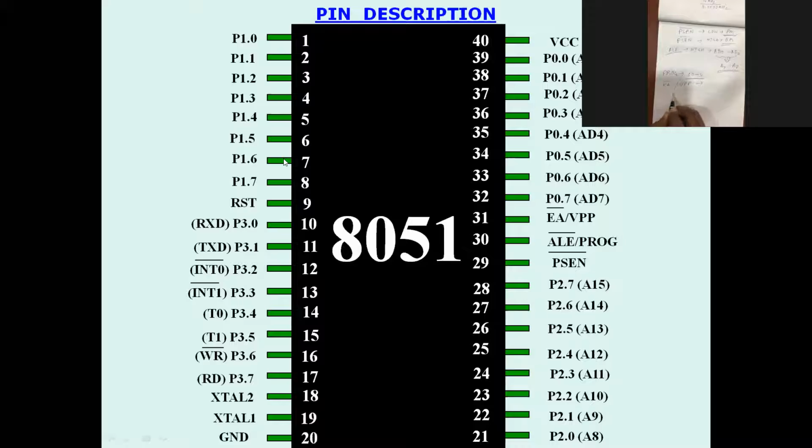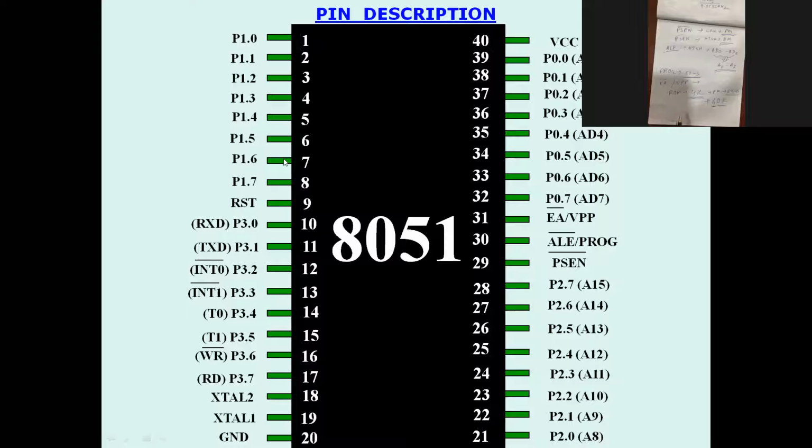internal ROM. What is the ROM capacity of the 8051? Internally 4K. This is nothing but program memory. What is the total program memory capacity? It is 64 kilobytes. So you can add another 60K. 4K internal, you can add another 60K. 4K means near about 3000 to 4000 lines of program you can write.